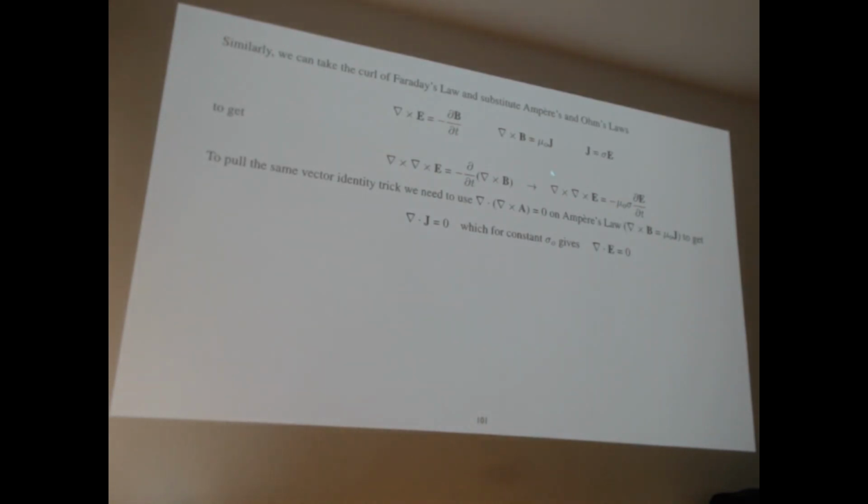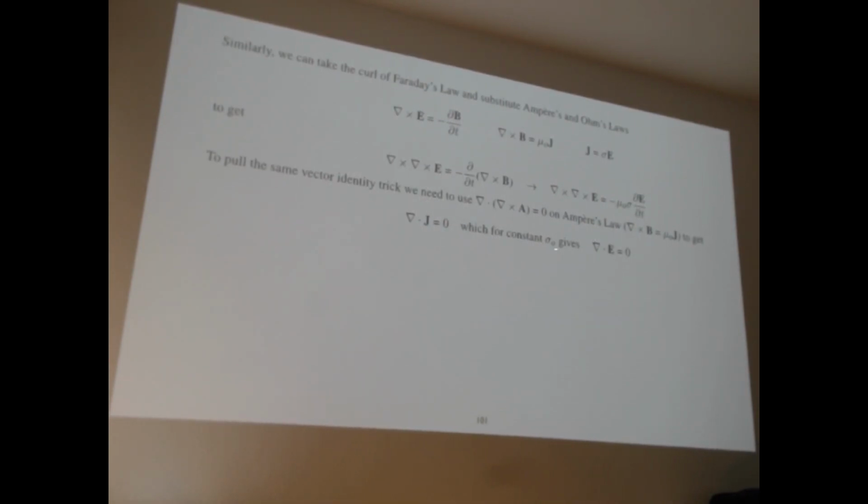Okay. So what I have to do is to use this vector identity on Ampere's law, which basically says that the divergence of J is 0. And